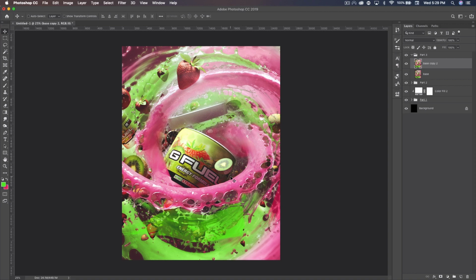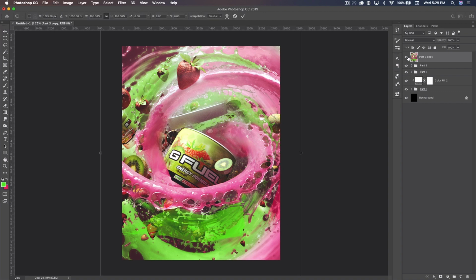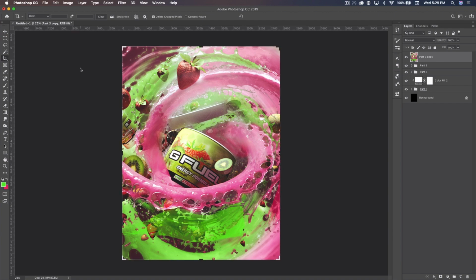Now at this point you could go ahead and add logos and things like that, which is what I did on the final one. And hopefully if you're doing this project you know how to add logos to a document and I don't have to show you that. So we're just going to move on to the next step, which is duplicating part 3 and merging it for part 4, which I didn't include in the parts because it's just kind of like a cleanup, I guess. But we're gonna do that same cropping technique we just did and hit enter twice,